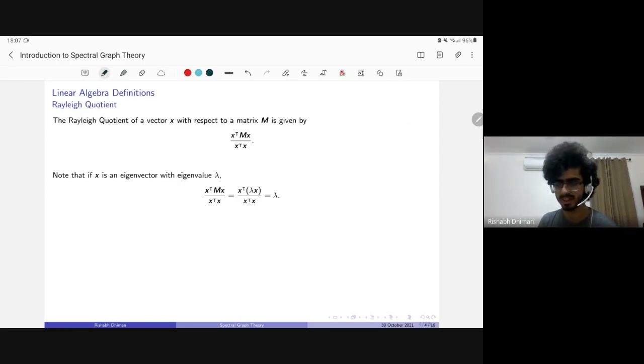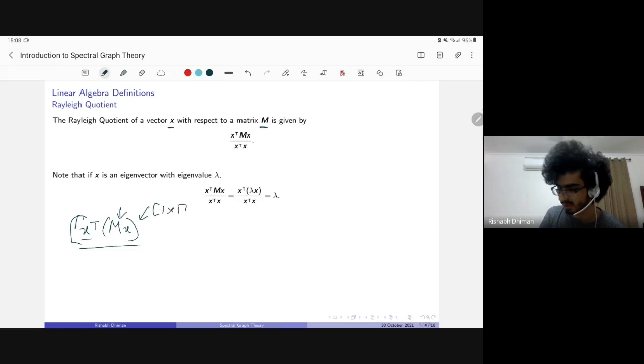Now you define your Rayleigh quotient as you have a vector x, you have some matrix M, and then you multiply this matrix by this vector, then you multiply the vector you get by another vector. And you can check that this will actually always be a 1 by 1 matrix. So it makes sense to divide by some value. And this again is just the transpose times the original vector. And this is actually just the dot product you're familiar with.